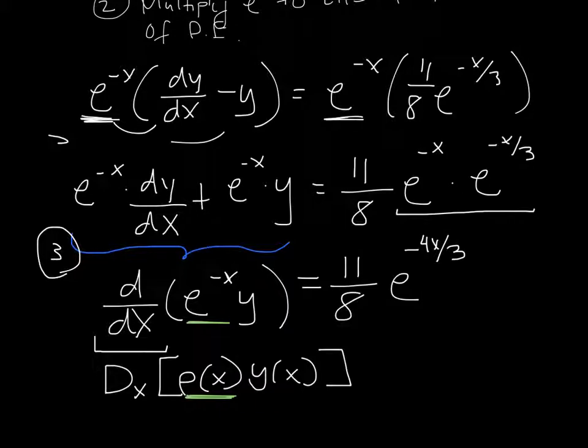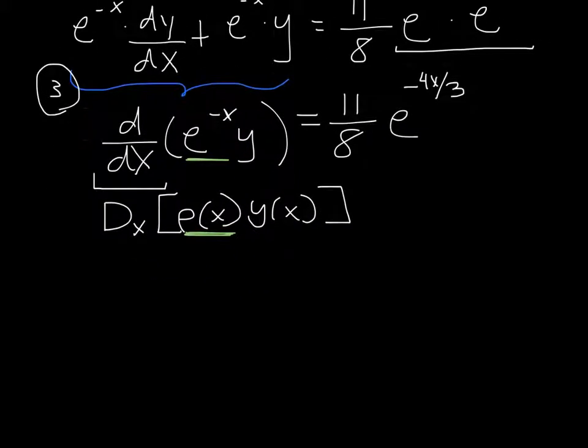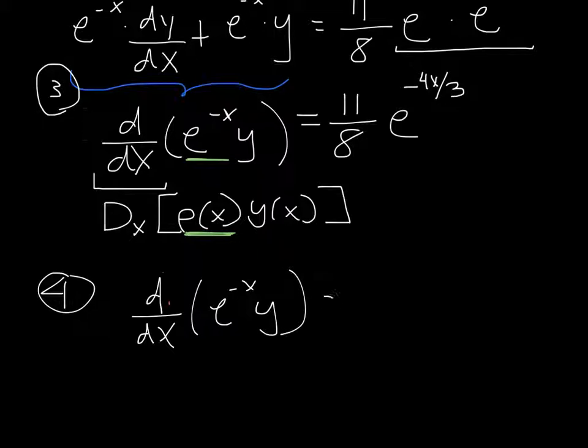So now moving on to step 4, we want to integrate. Let me write the problem again. We have d/dx of e to the negative x times y is equal to 11/8, oops, that's negative 4x over